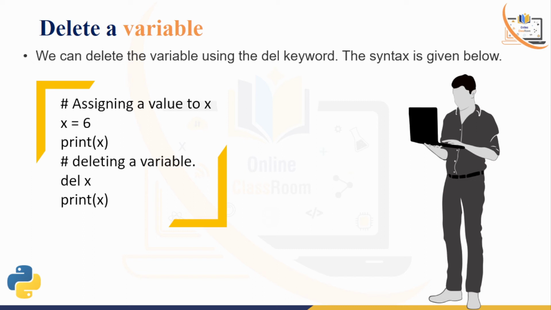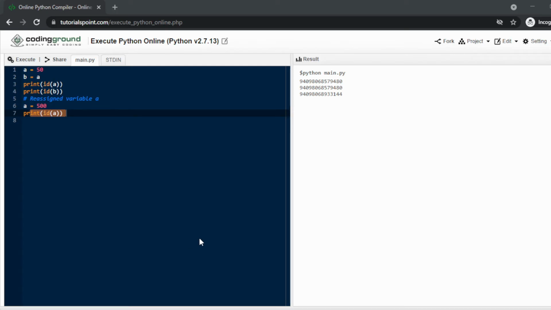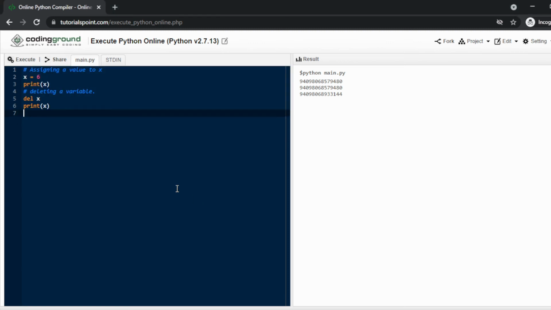What happens if we run this code? Let me copy and paste it.